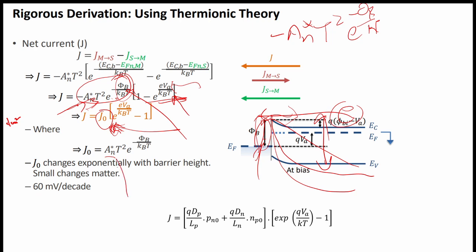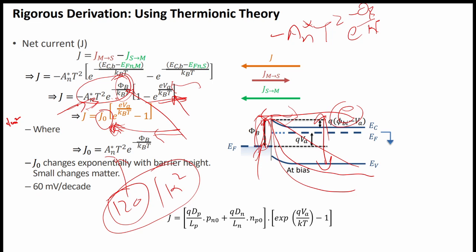It is approximately, A star is approximately equal to 120 per Kelvin square. Okay, so you can see other things also along with that. And another thing is this phi b. This depends on the phi b. If we decrease the phi b,